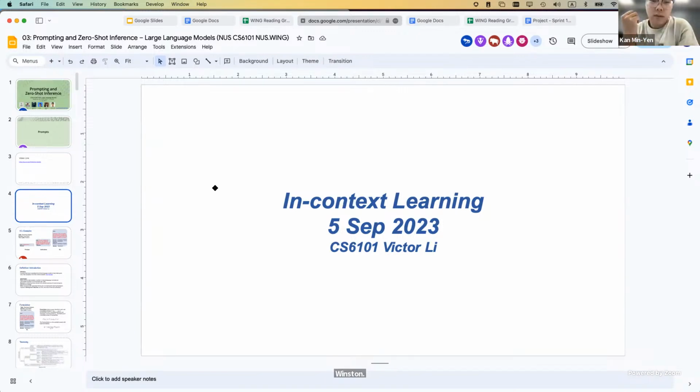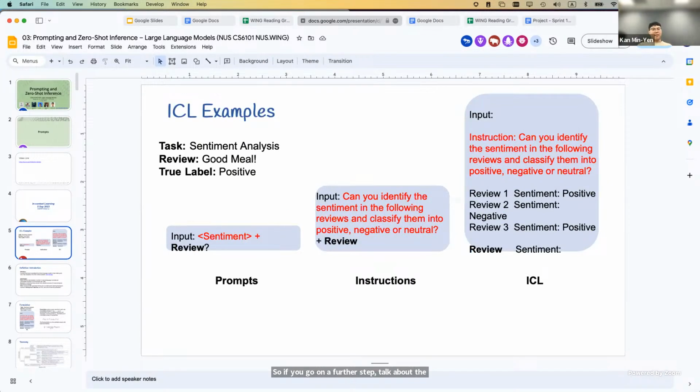Thank you. Okay, so after the talk about the prompt just now, I will go a further step and talk about in-context learning. According to my understanding, in-context learning is just another format of prompt. So the traditional prompt, let's take the task of sentiment analysis as an example, right? The prompt we talked about just now,